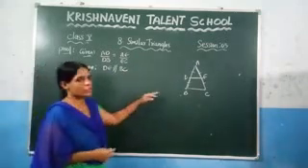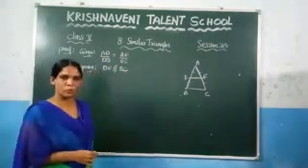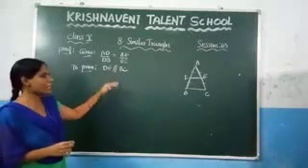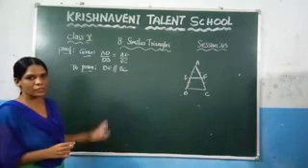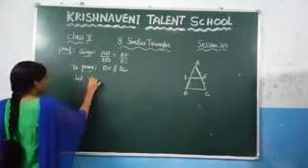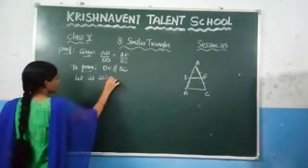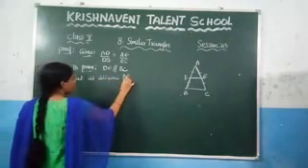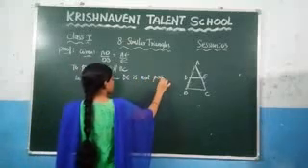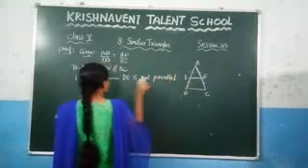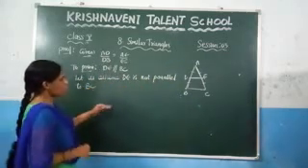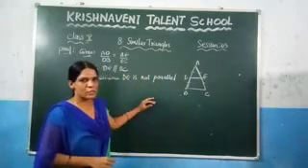Now here, by using the contradiction method, we are going to prove this one. So, DE is parallel to BC, this we need to prove. Let us assume that DE is not parallel to BC. This is nothing but the false statement. So here, let us assume DE is not parallel to BC. So here we have assumed that DE is not parallel to BC.